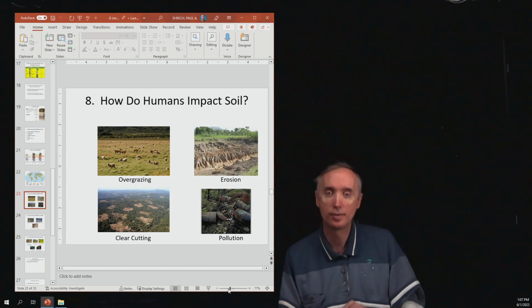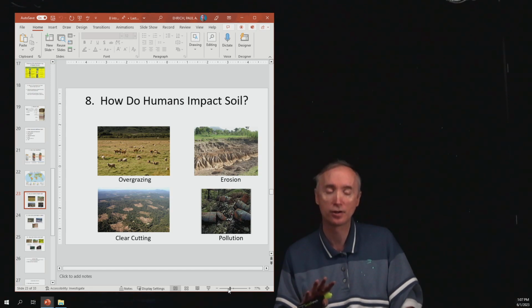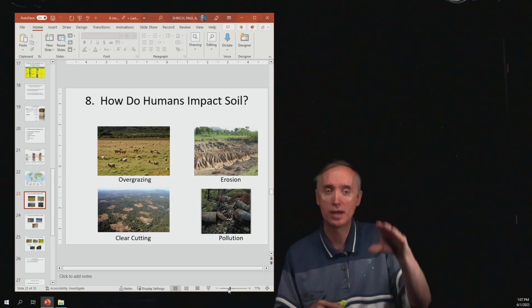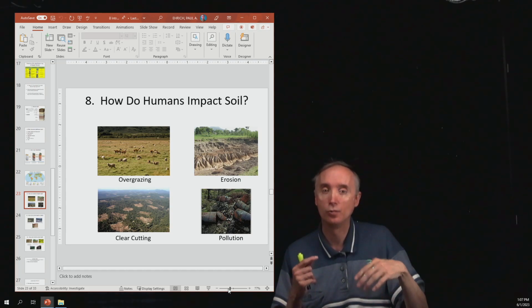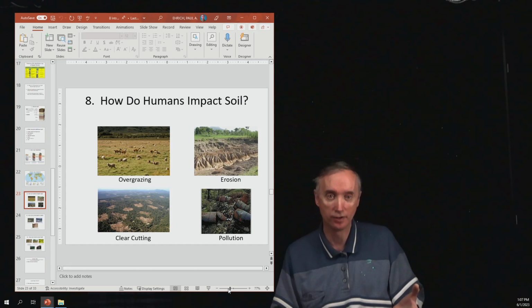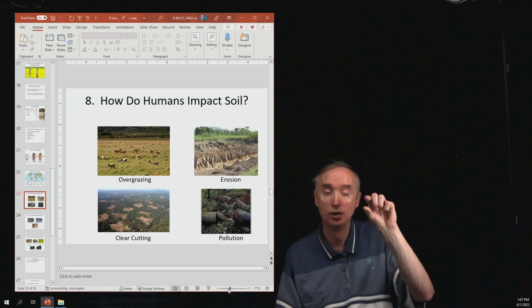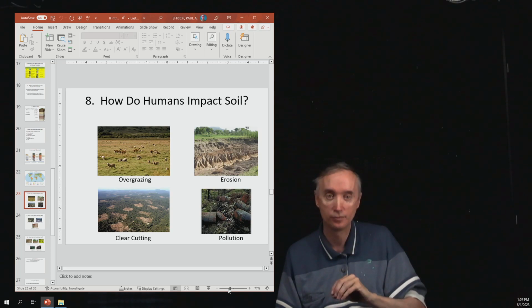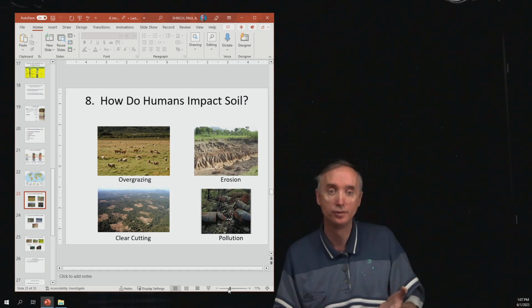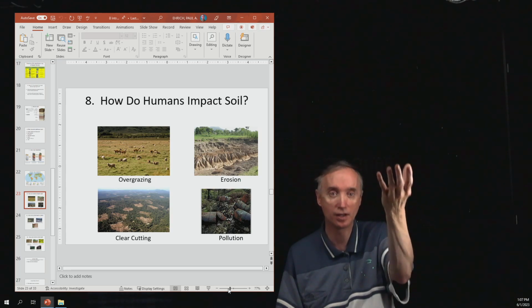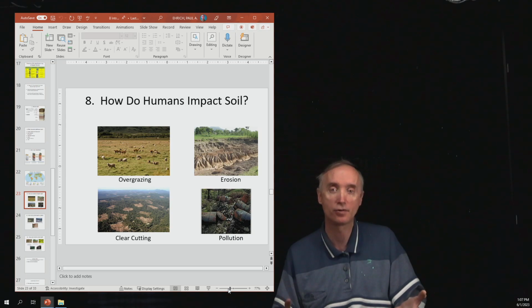And then another thing about clear cutting is, especially if it occurs in the tropics, what will happen is it kills off that organic material that was making the O horizon. Now, once you clear out all that jungle area, the soil is very fertile for a couple of years because you're using up that very thin O horizon. But as soon as that O horizon is gone, then you're down to those areas that contain clay, and that's no good for planting crops in.